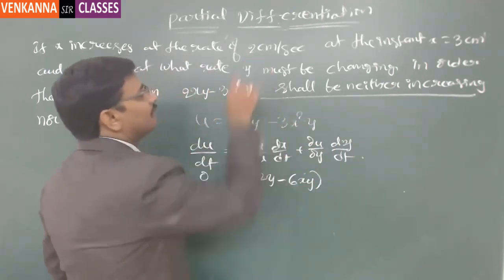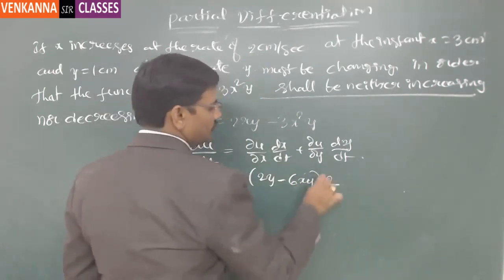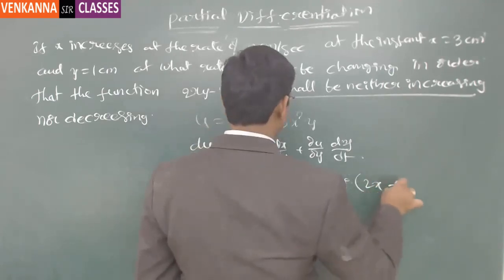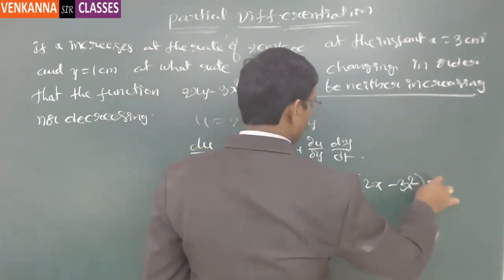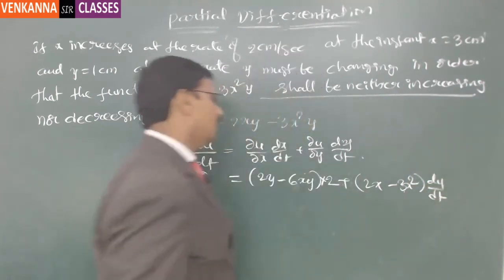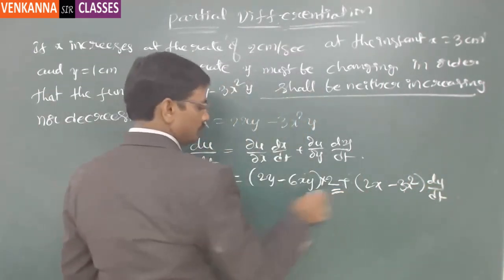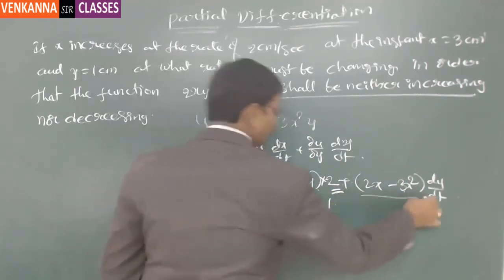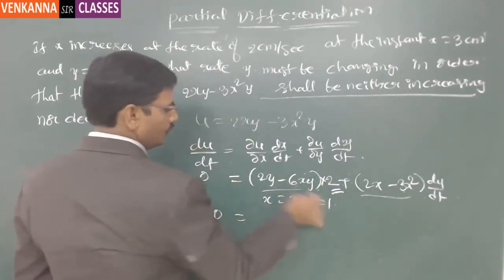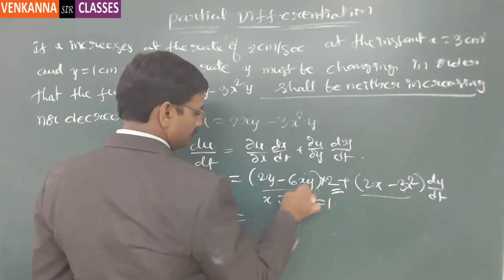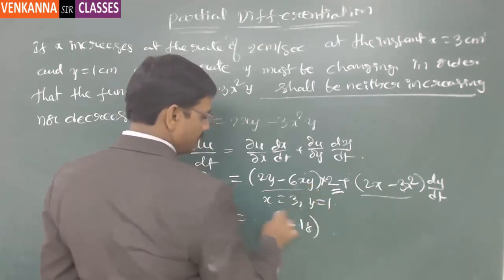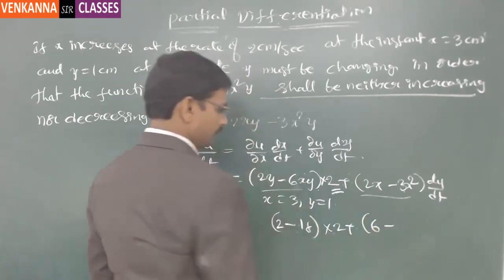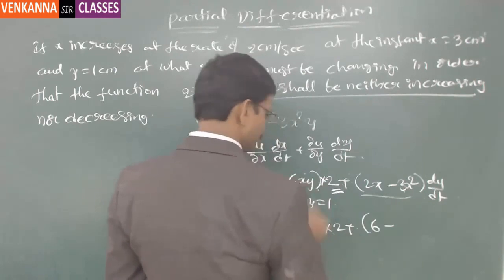dx by dt, he has given us 2 centimeters per second, so into 2, plus ∂u/∂y is nothing but 2x minus 3x² into dy by dt. And he has given the values: x is equal to 3 and y is equal to 1. So if you substitute in this equation, it will be 0 is equal to 2 into 1, so that is 2 minus 6 into 3, 18, into 1 into 2, plus 2 into 3 is 6, minus 3 into 3 squared, 27,